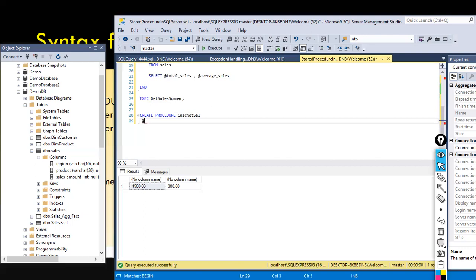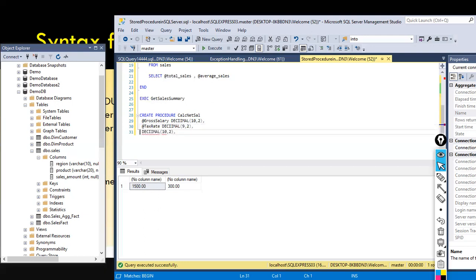I will give some meaningful name. And gross salary, decimal. Here I'm going to say 10, 2 or something like that. Okay. And then the next one is @tax or tax rate. I'm going to say decimal. In the interest of time, I just put decimal, don't give big numbers and all. Okay. And the next one is